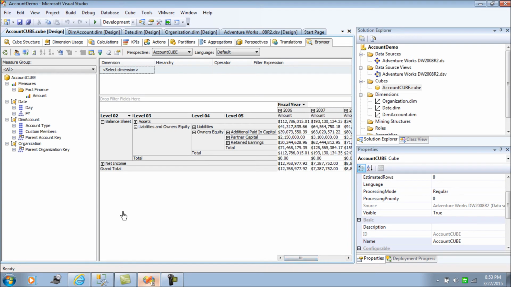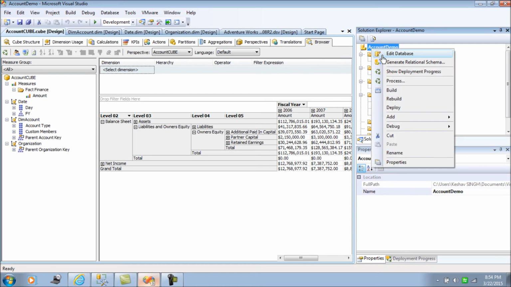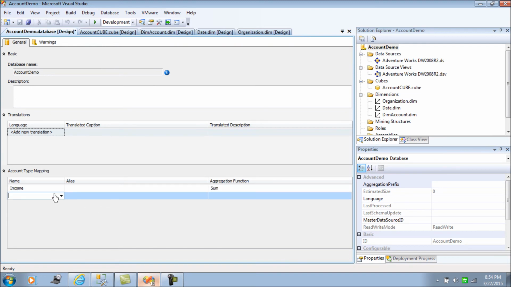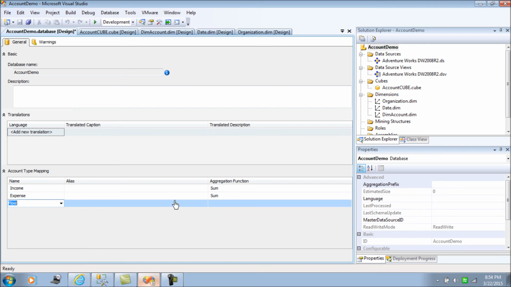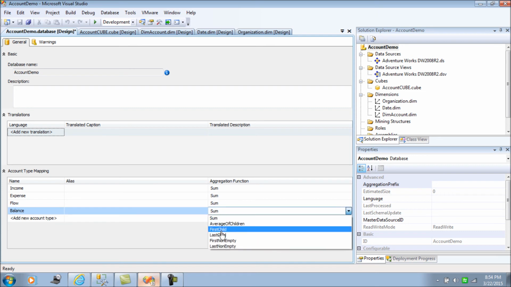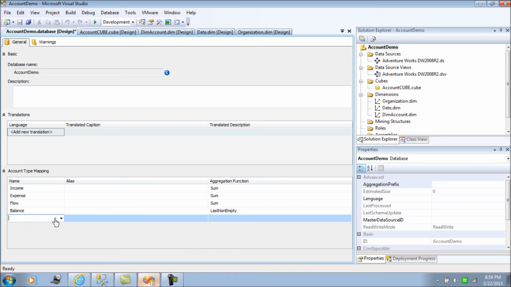To start building that, I would edit my database first of all, and then start defining the aggregation function internally. So this would be sum for expense, flow I call sum, balance let me say last not empty value.